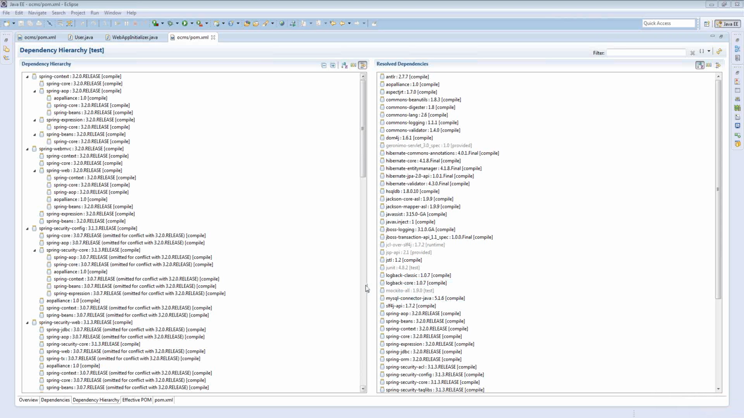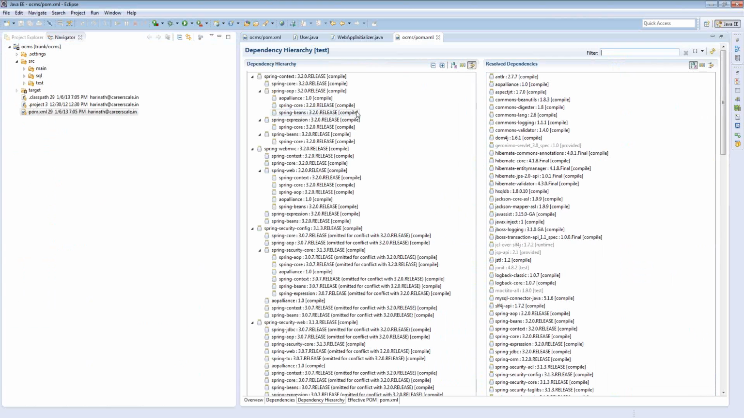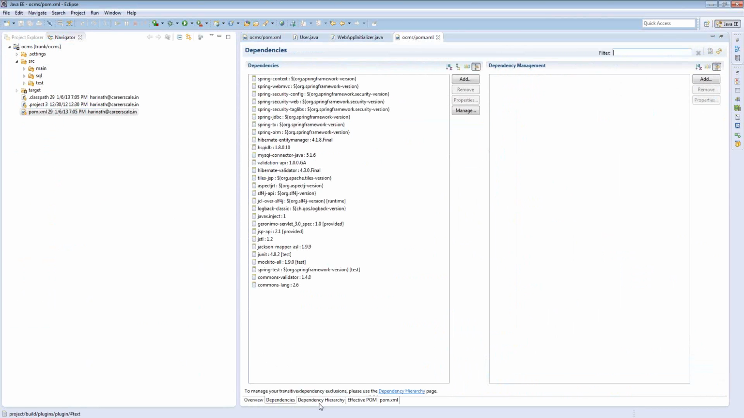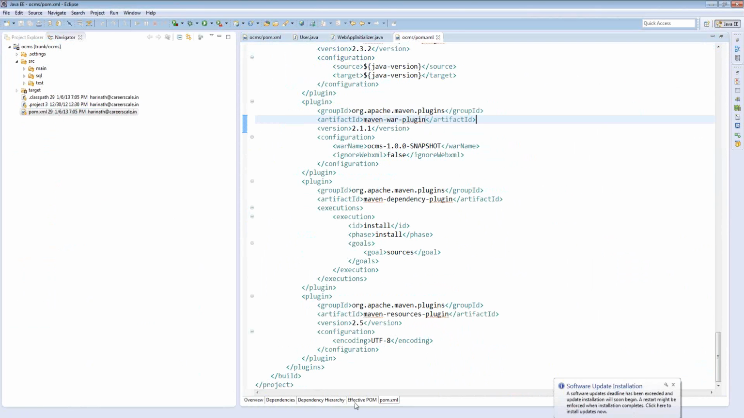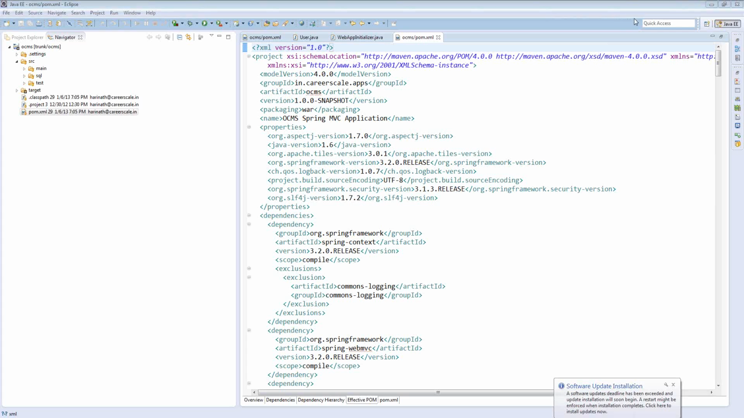So this window you get just by clicking on the pom.xml. Just click on the pom.xml, and you have different tabs here: Overview, Dependencies, Dependency Hierarchy, Effective POM. Effective POM means that it will be like, you know, if